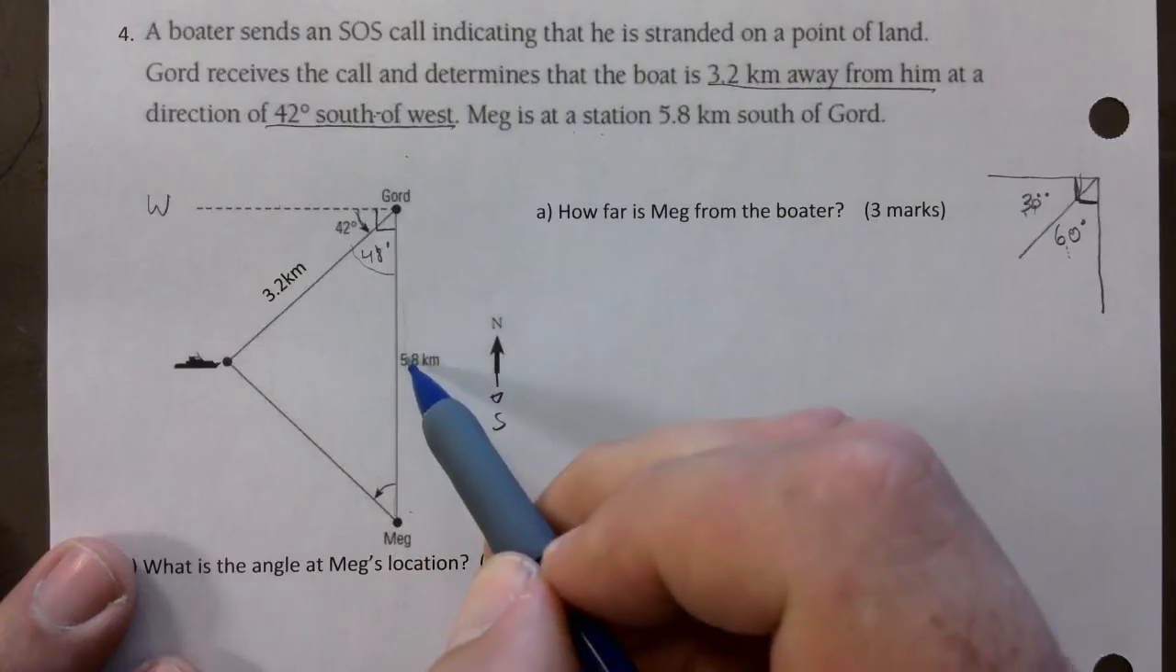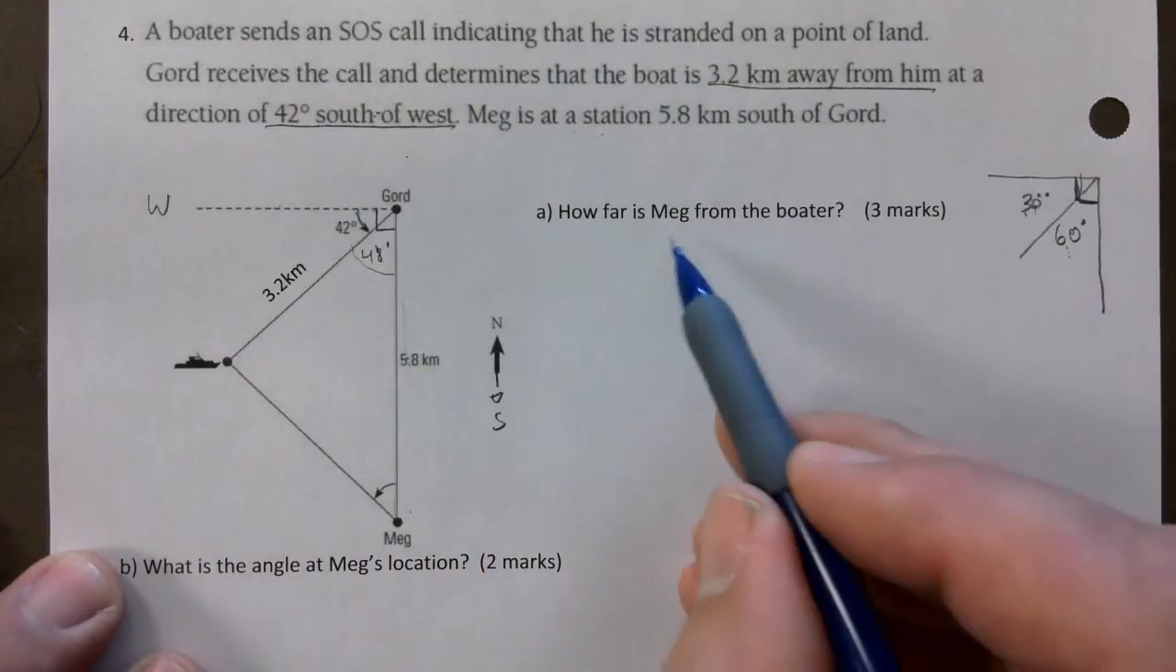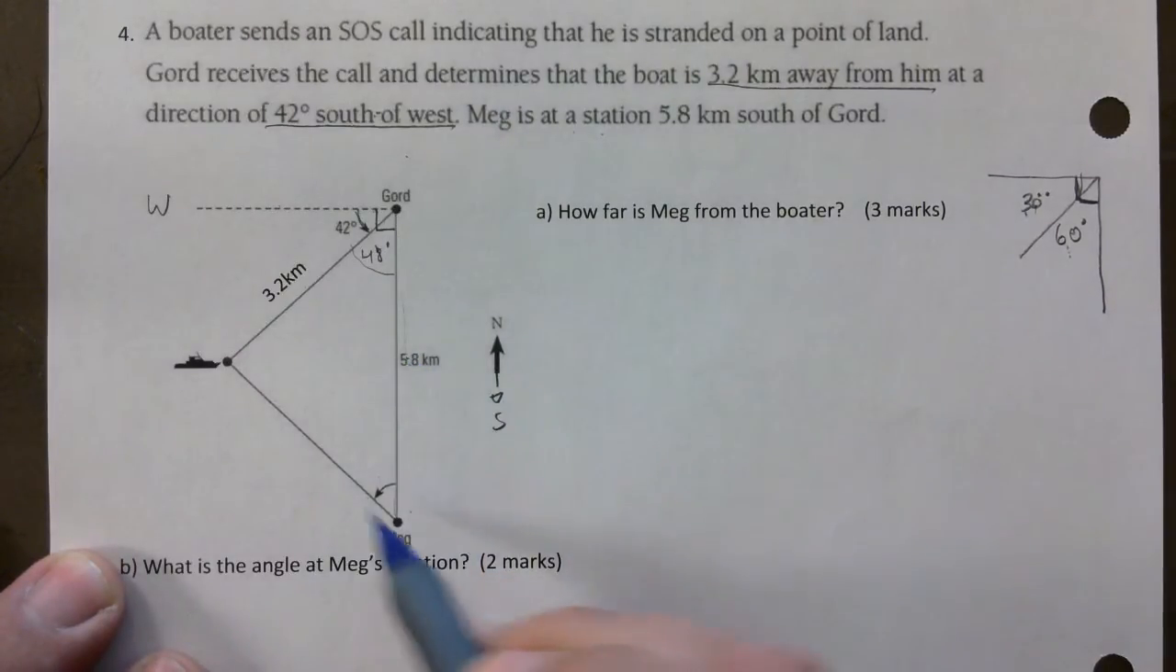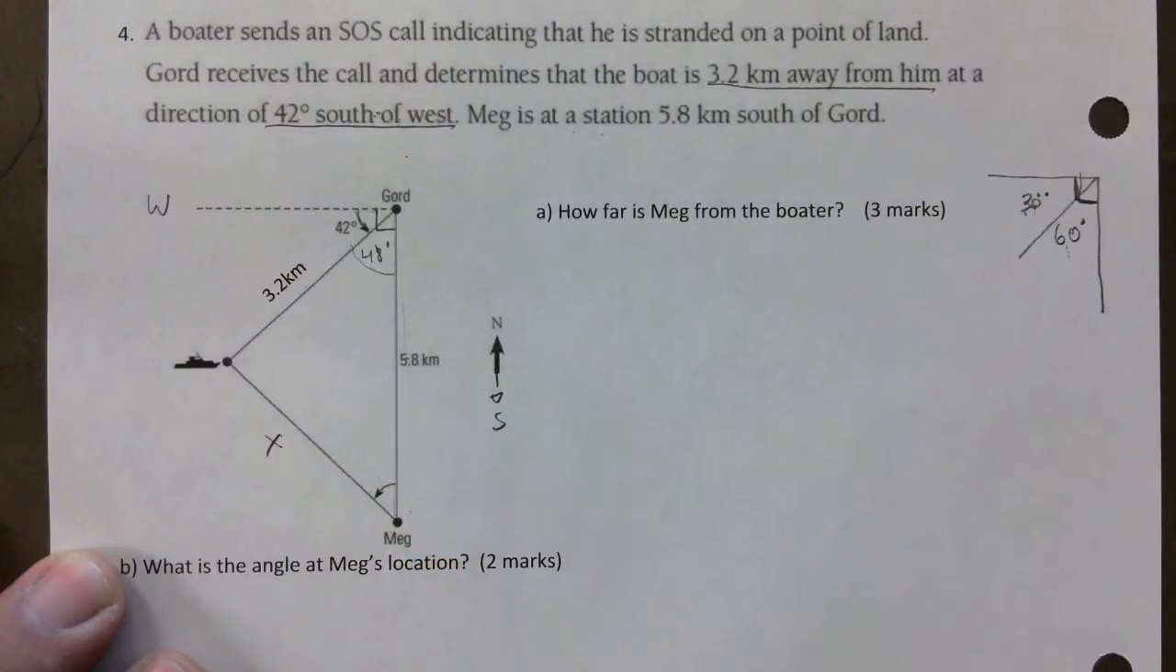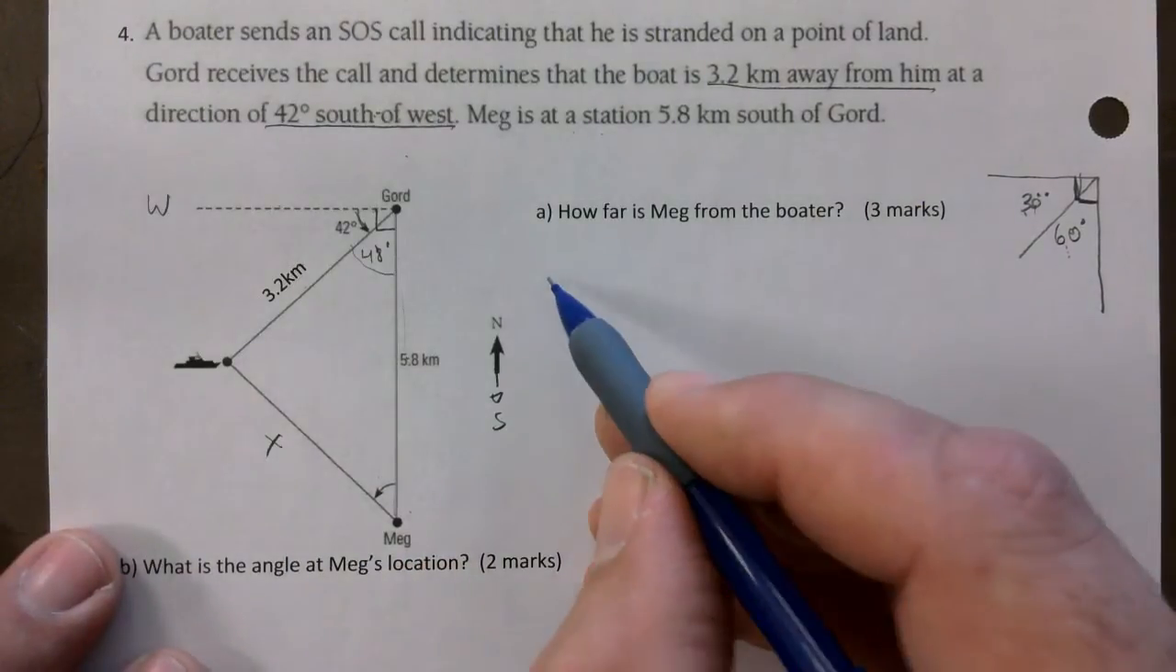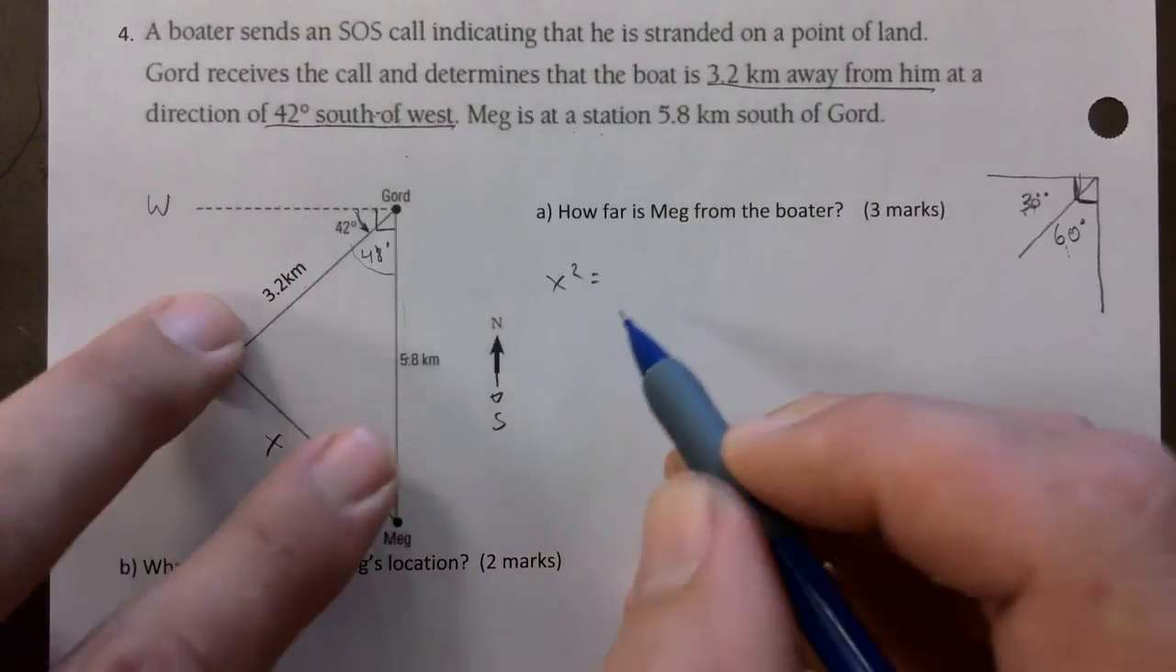So now you have an angle on the inside. Side angle side. They're asking how far is Meg from the boat. So they're asking you for this. I'm going to call it x. So x squared is,